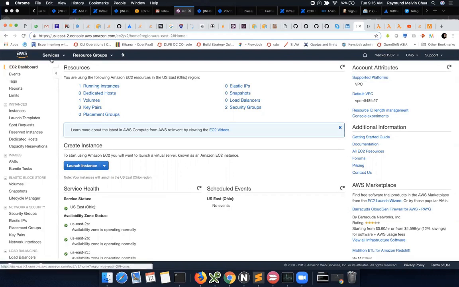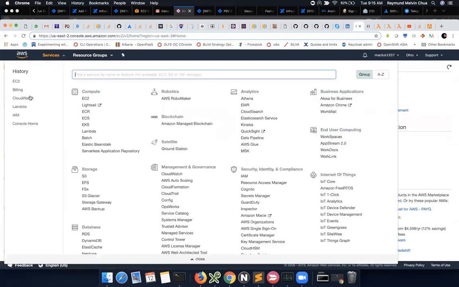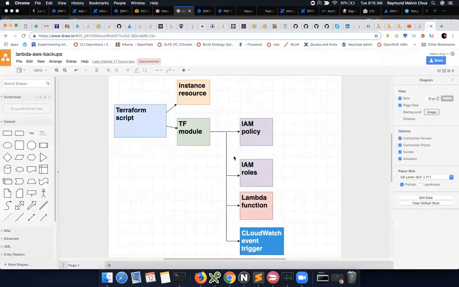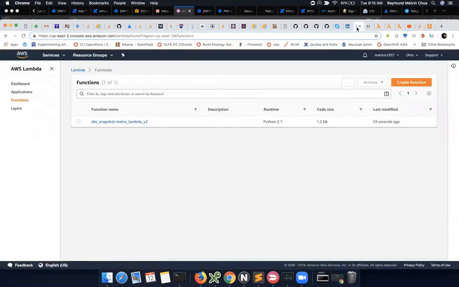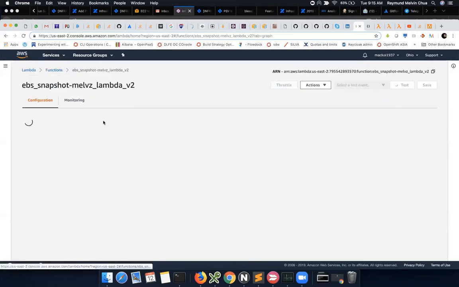So let's validate. We should be expecting a Lambda function to be created, right? Based on the diagram of our script, of our project. Oh yeah, so we clicked on the Lambda function menu and we found this one. It was created like 59 seconds ago. Okay, just for validation. A minute ago. Okay, so let's click on that to see the specifics, and it brings you to a beautiful